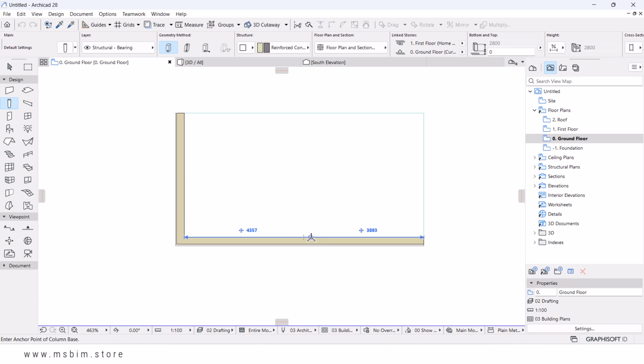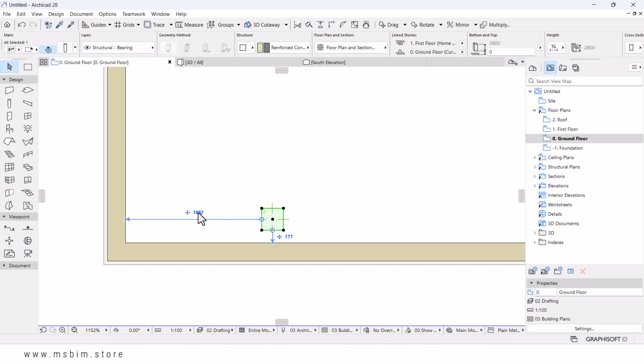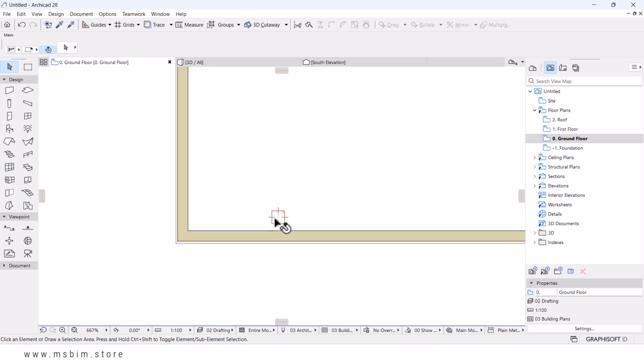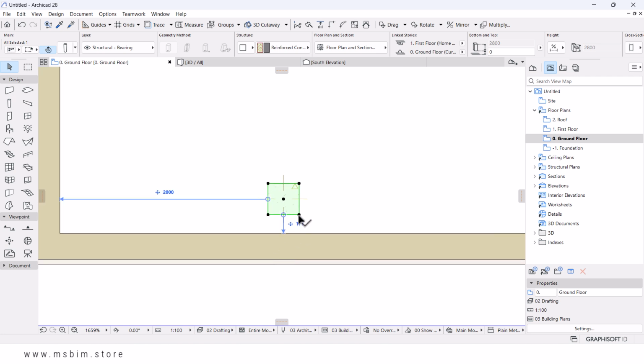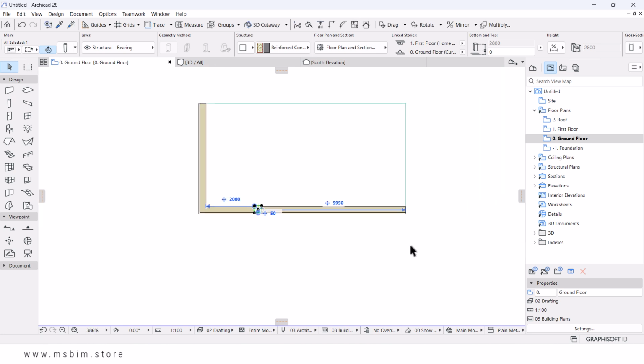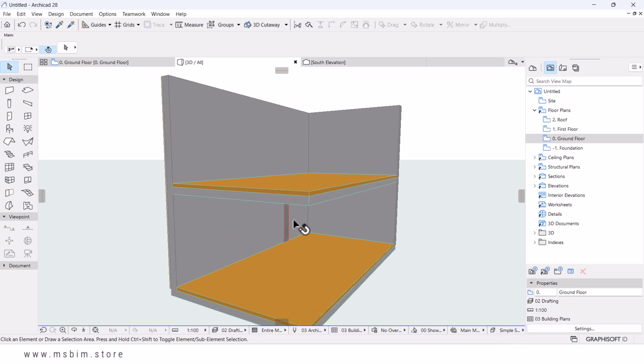So I'm going to place 1 from this side. I'm going to position it around 2 meters and then place it there. So I'm going to select it. I can double click on this measurement and set an accurate measurement. Okay, so I'm pretty sure now it's been positioned from this wall by 2 meters. So I'm going to drag it and align it with the core structure of the walls, just like that. So if we check on 3D, we have our column